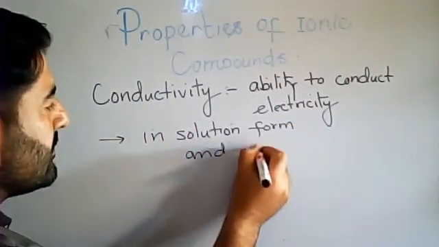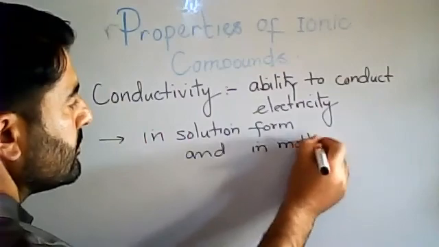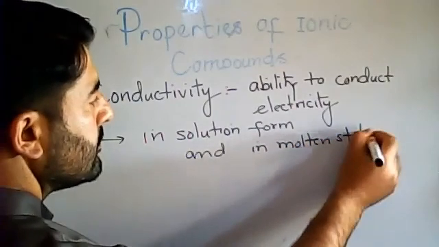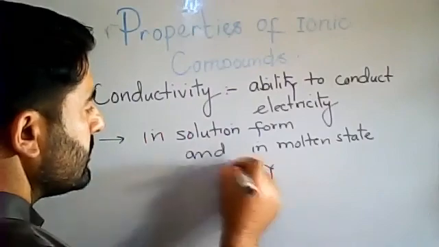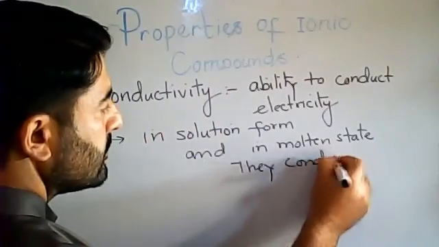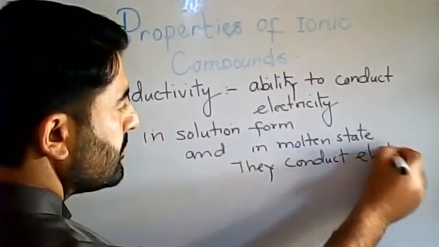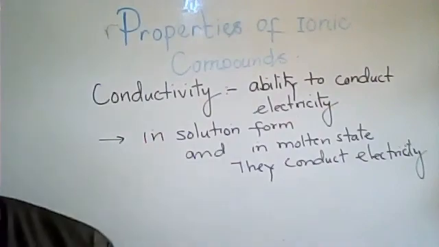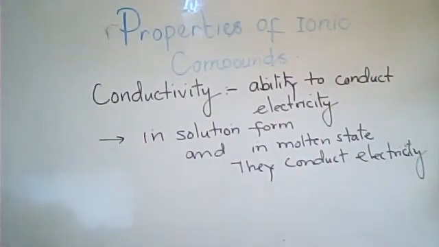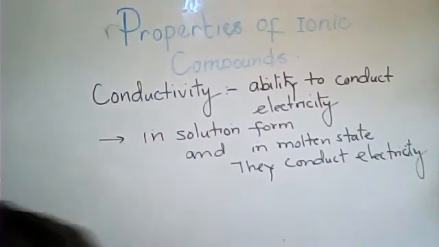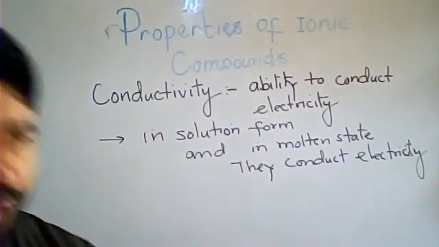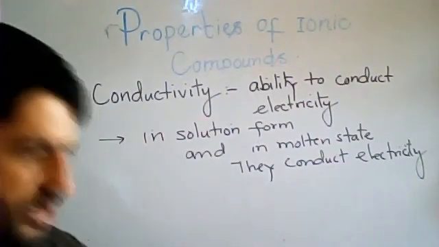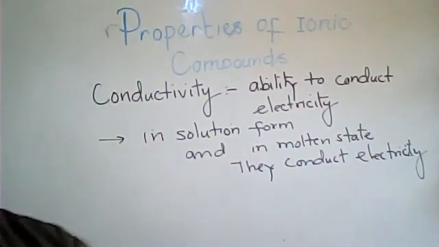Molten state. They conduct electricity. Okay, dear. So in the molten state or in the solution state, they can conduct electricity. The cause behind is that in these two states, their ions are free. They can freely move. As you know, ion contains charge, and these charges, when move, conduct electricity. That's all about